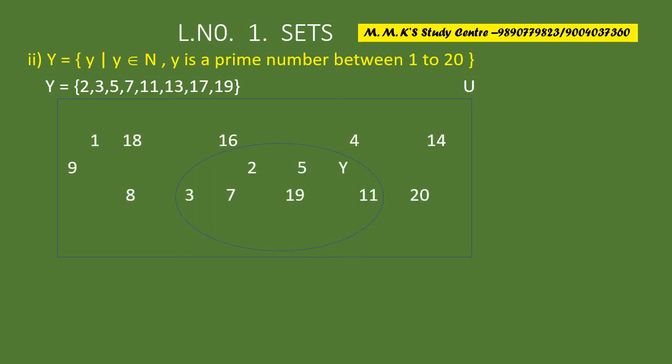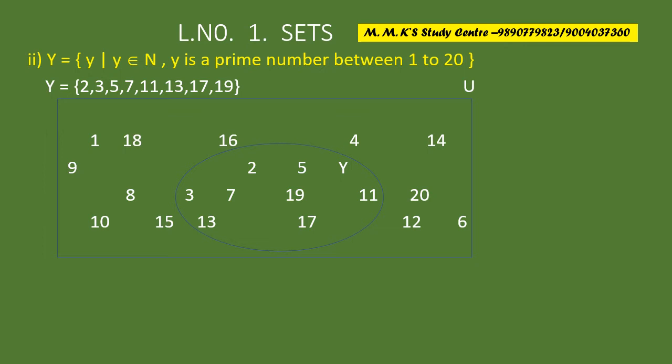Yes. So here check the y is having 2. Check in circle, is 2 there or not? Yes, it is there. Then 3 and 5. Is 3 and 5 there? Yes. Then 7 and 11. 7 and 11 is also there. Then 13 and 17. Yes, 13 and 17 is also there in the circle. Plus 19. 19 is also there. The remaining numbers we have placed around the circle, but it should be inside the rectangle.